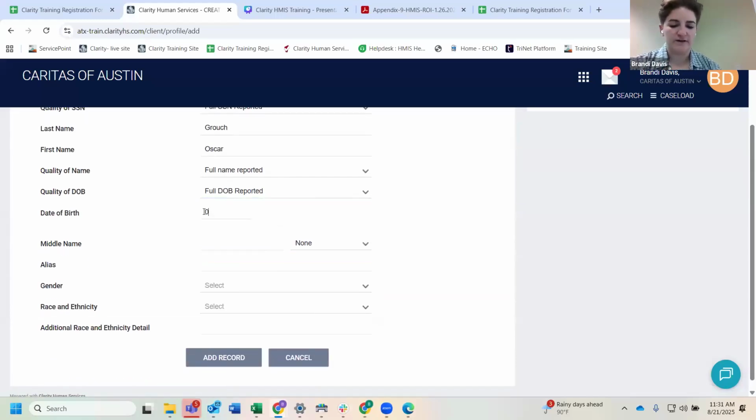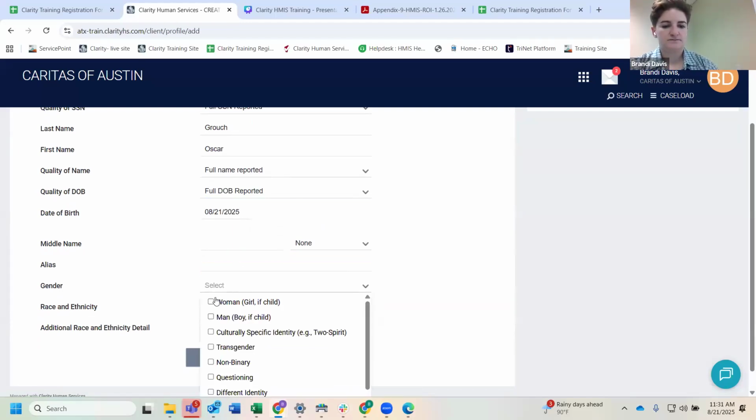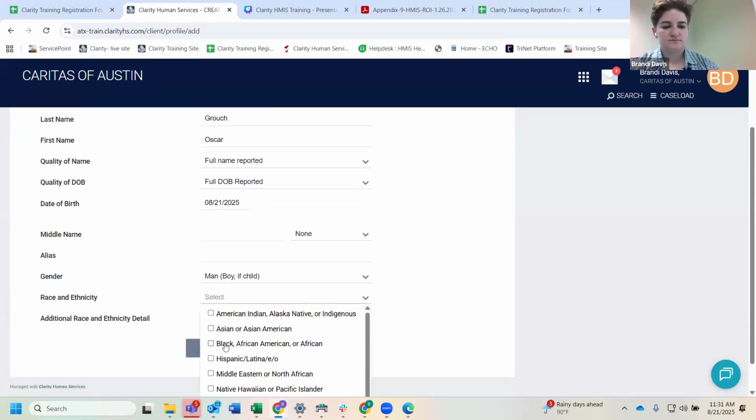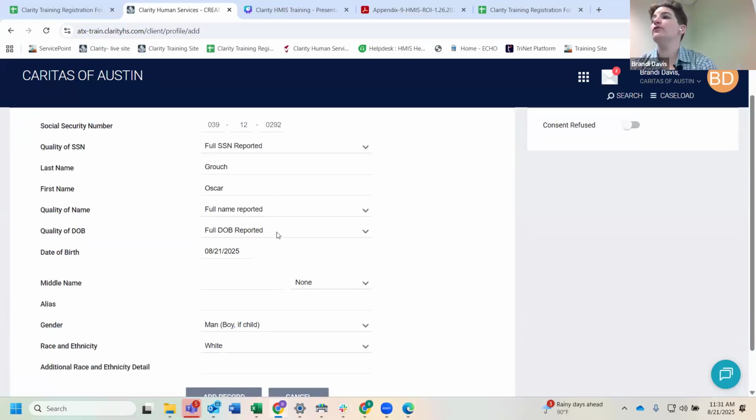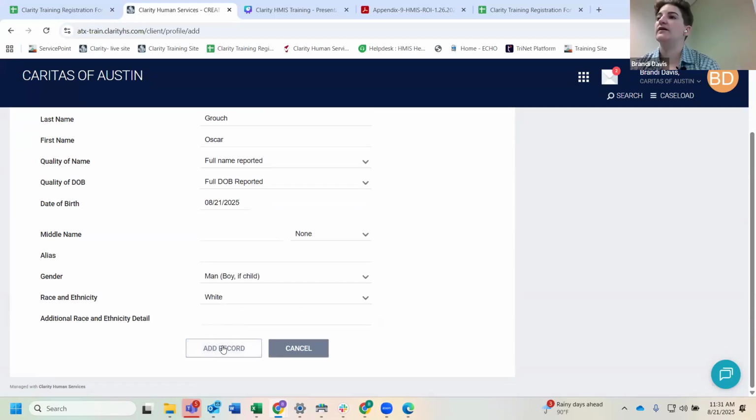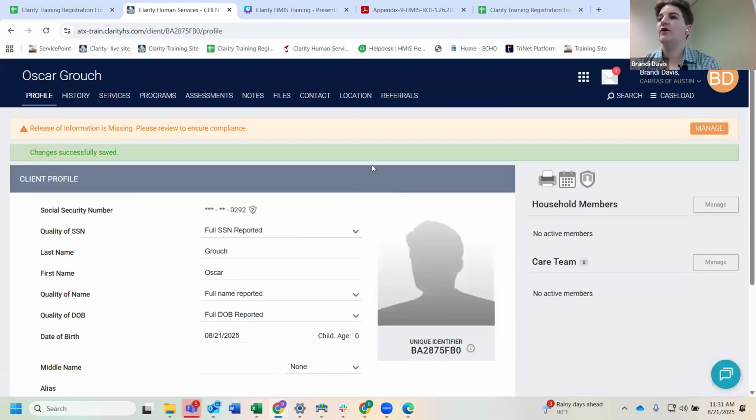I'm going to label their date of birth as today. Once you have all that info filled out for your new client, click add record at the bottom. Are y'all with me? Create your new client. Okay, cool.